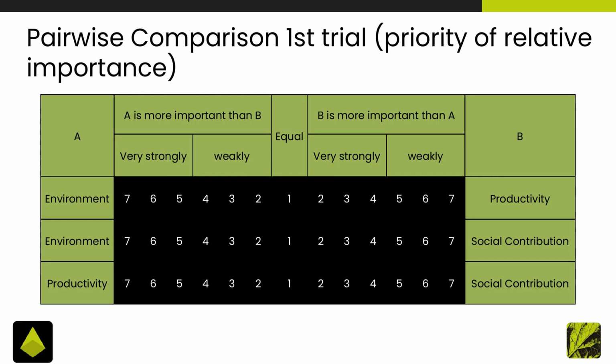Here, we're diving into our first trial of the pairwise comparison. This matrix helps us determine the relative importance of each factor. On one side, we have environment, productivity, and social contribution, while across the top, their relationships to each other are